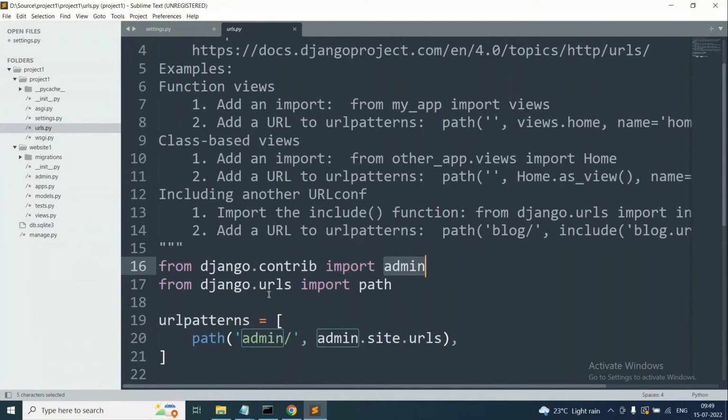And from django.urls, django is the package, urls is the module. From urls we are accessing the path function, to give the patterns like what pages to access. And here you can see urlpatterns is the list we are using, because we are using square brackets. In square brackets we are giving the path function. Admin is a URL pattern. When I type admin in the browser,